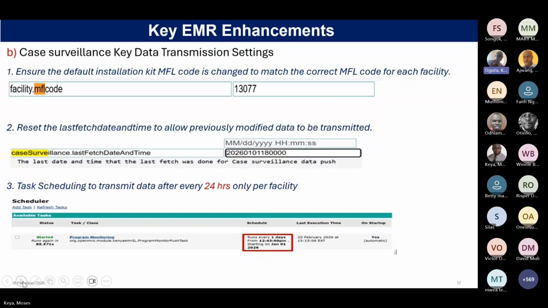And also on the fetch date, you'll be able to configure this so that it doesn't start from way back like in 2020 or 2010. That means that you'll be populating data from that period to date, which will be taking much of the time, and most probably those will not be in use. So you'll always configure this to run from the recent date